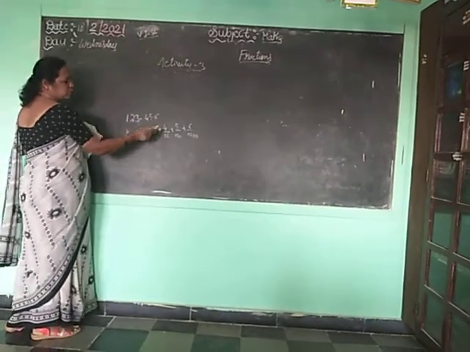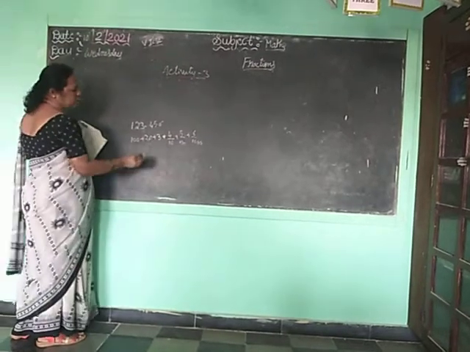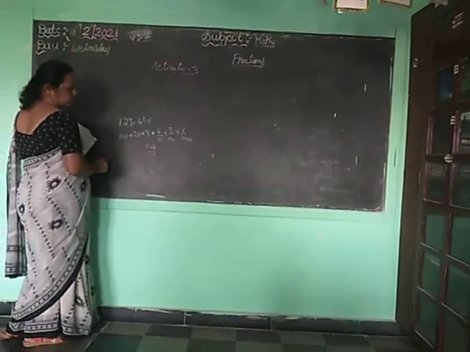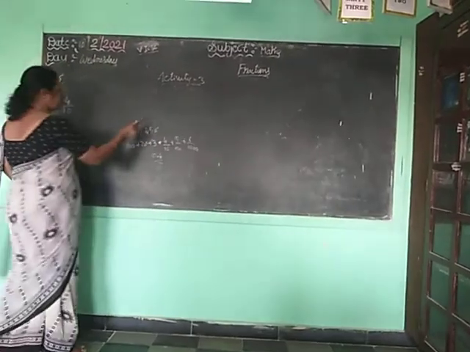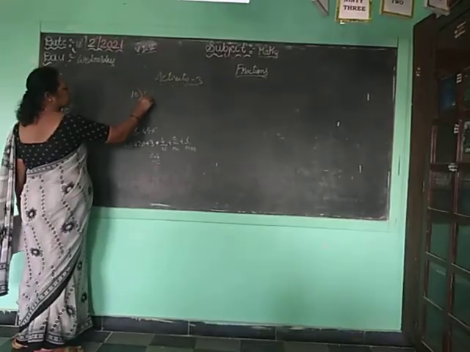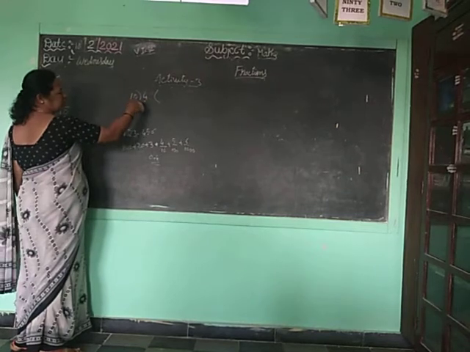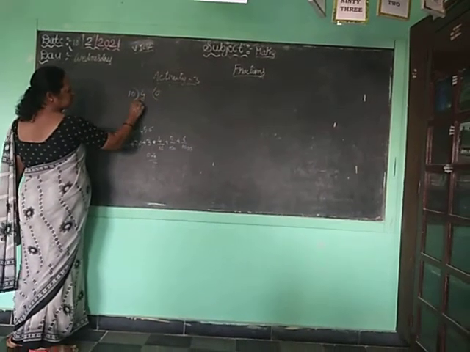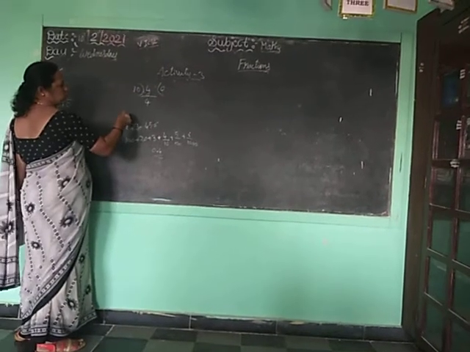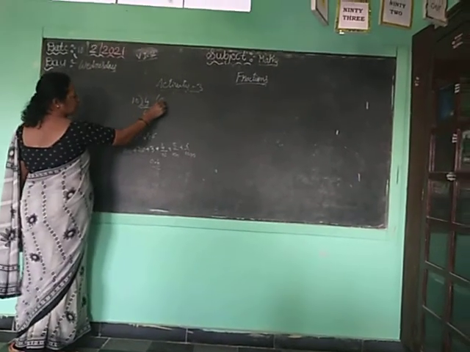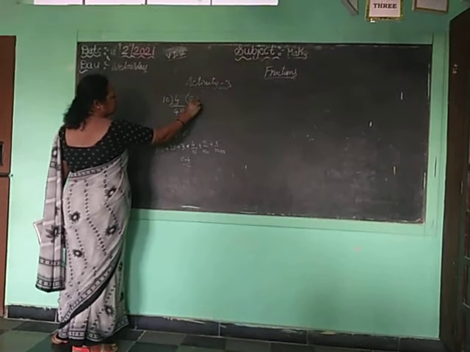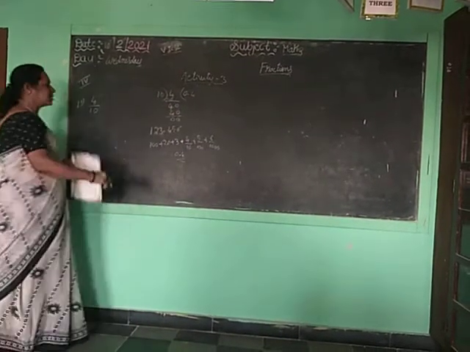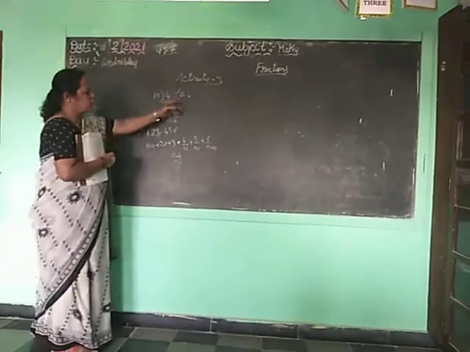That is 4 is in which place here? 10th place. So how will you write? 0.4 you will write. They given like this. So if you divide 4 by 10, this is a big number, this is small, it's not possible. So what you will do? 0 is a 0. Then you take 4 down. 4 minus 0 is 4. Put a point, add a 0. 10 4s are 40. Okay children? So what is the answer? 4 by 10 is 0.4.